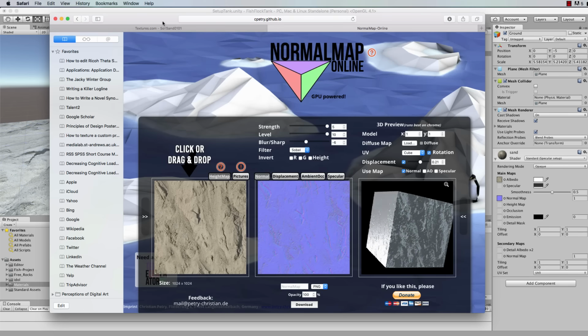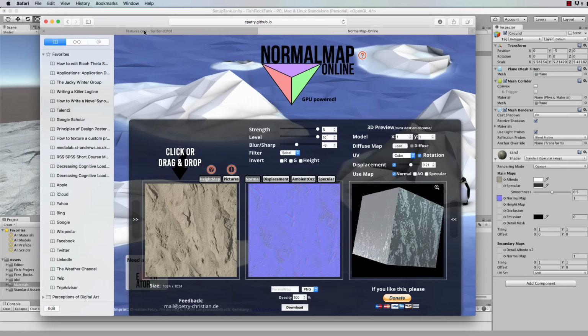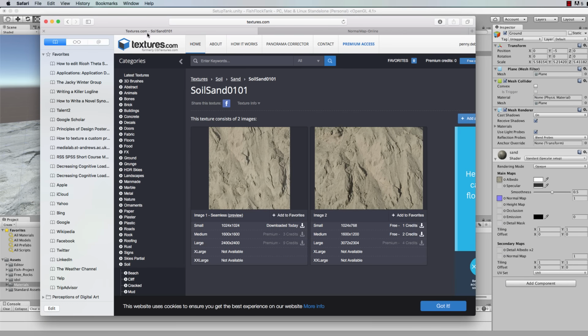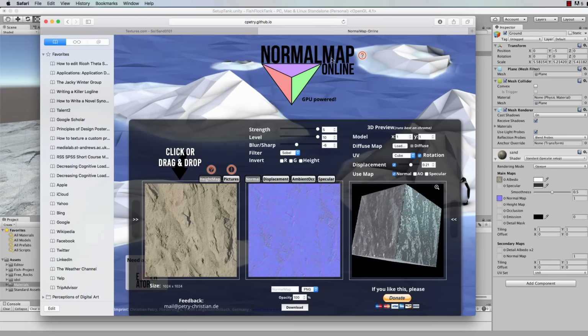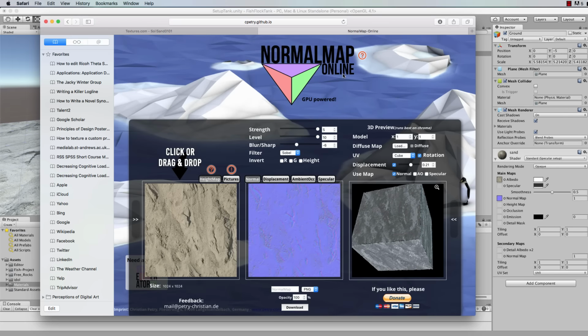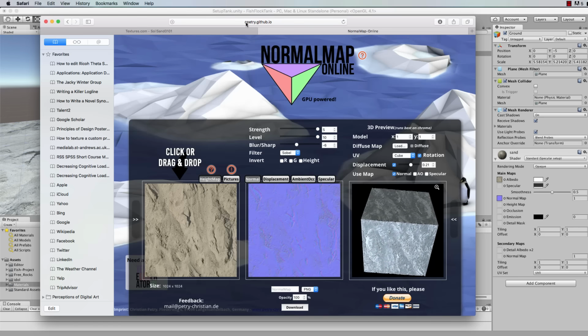Here we go. Okay, so the sandy soil texture I got from textures.com, and you can sign up and get free images every day. They also have seamless textures that you can download. So that's the one that I grabbed. And then I went to this website here. If you do a Google for normal map online, you should find it because it's got a really weird URL. It's